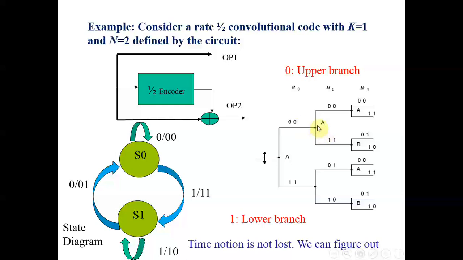Now again, what will happen? Again, this is state A. So again two possibilities. When I receive 0 here, again my output is 0 0. If I receive 1 here, my output is 1 1. If I am in this state, if I receive 0, I take the upward branch, and my output is 0 1, which is indicated here. And if I receive 1, my output is 1 0, which is indicated here. But once I get 1, I remain in the second node, which is S1, so this remains in B, and when I take the upward branch, I go to node A, so this node is again A, right?